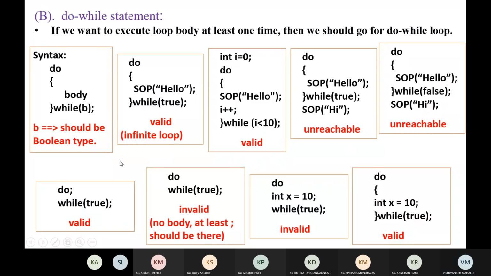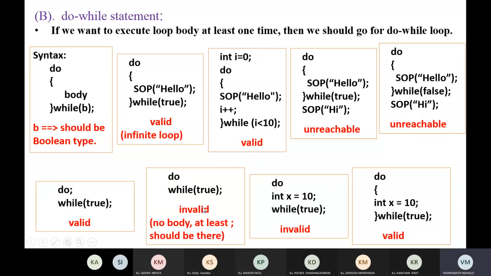Then here if we write do and then a semicolon without body and then while true, this is also valid. Do while without any statement. Now here this is invalid, so do and there is no statement within this do while, then this is invalid.